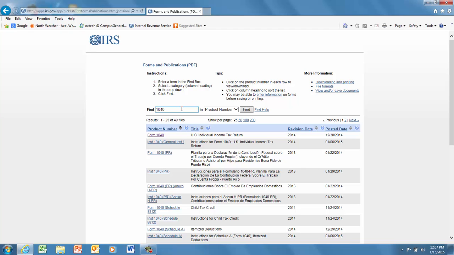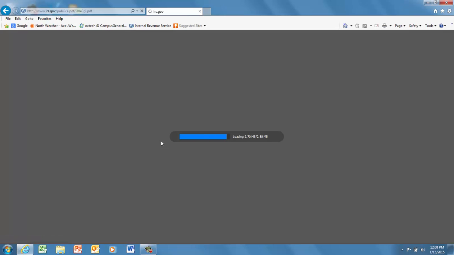You can take notes, put little sticky notes in there, and that would be very helpful for you when it comes time to projects and tests, etc. At the very minimum, you're going to want to type out the tax tables from the instructions. So if I click on the instructions,